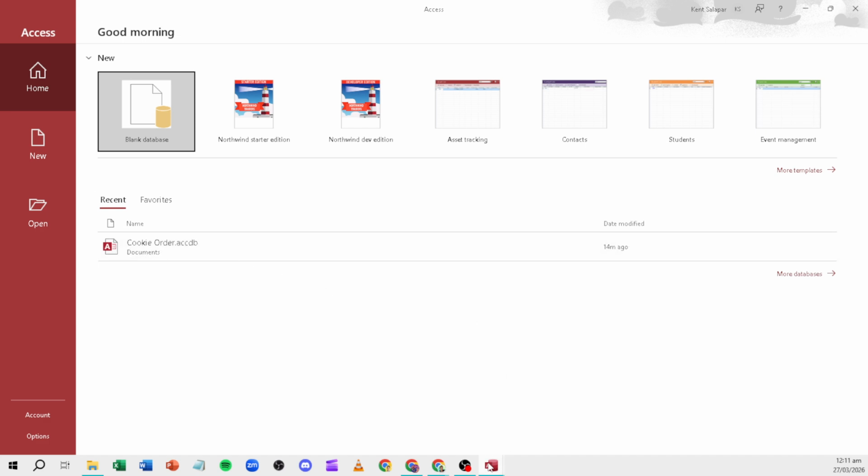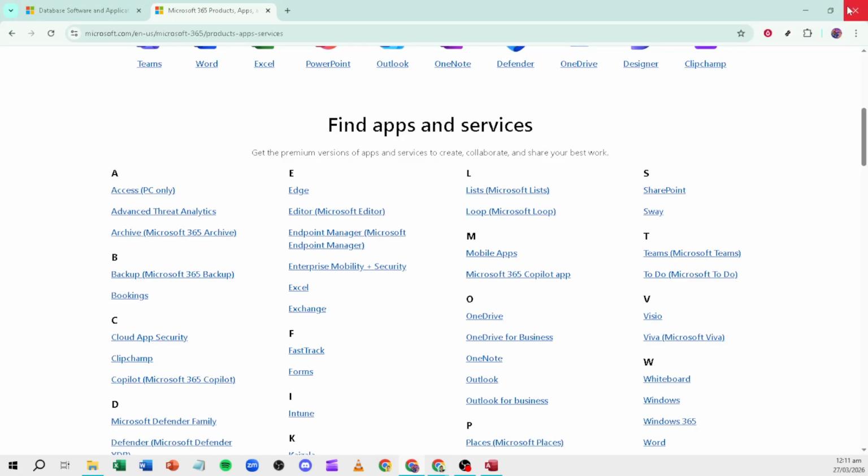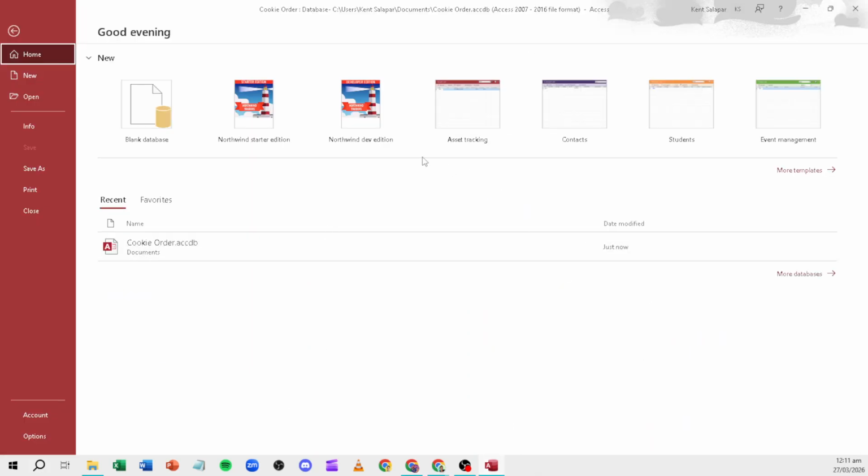To open Access, click the Start button and type Access in the search bar, then select Microsoft Access 2026 from the results. On first launch, you may need to sign in so your license can activate. From here, you can create a blank database or open an existing one. If you don't see Access after installation, double check that your license includes it and repeat